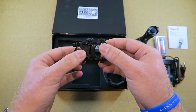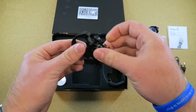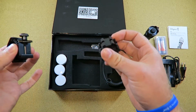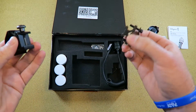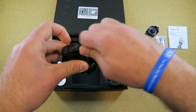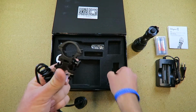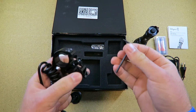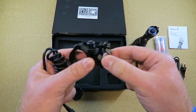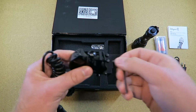I'm going to try to mount it on my bicycle, and the best thing here is you can just unscrew this here and it comes apart, so you could conveniently only take the flashlight off and keep the mounts on both pieces. If you need them back on, just place them in here and tighten the screw. There you go, very tight connection. Together with this mount there is a small tool, so you can mount the other part with this simple screw here in order to tighten it all the way,